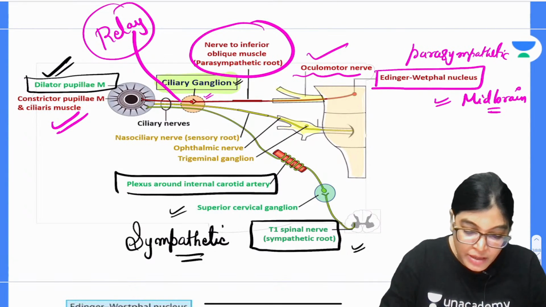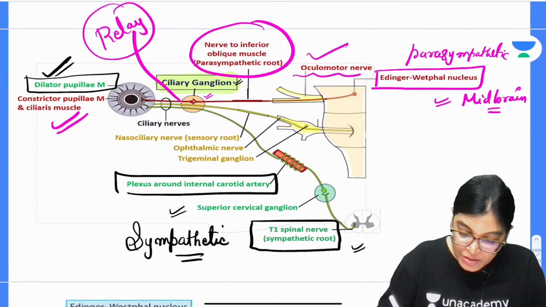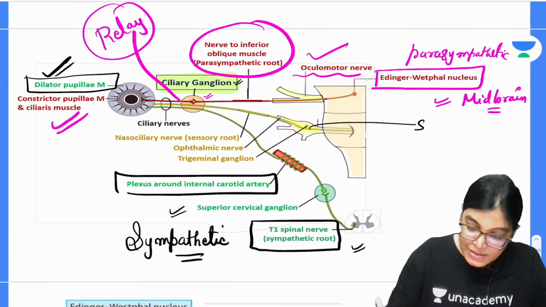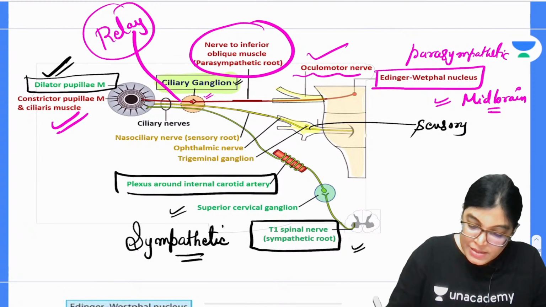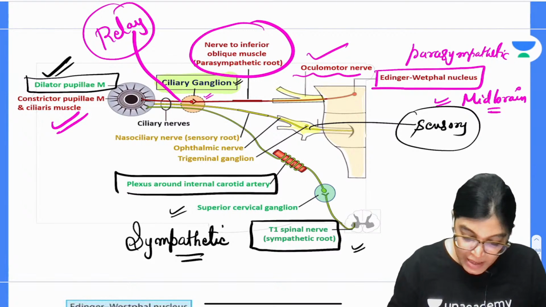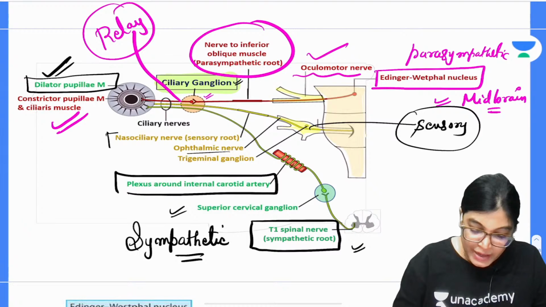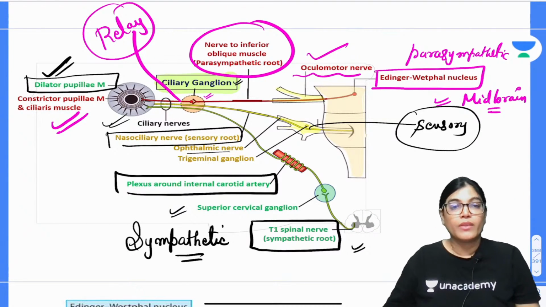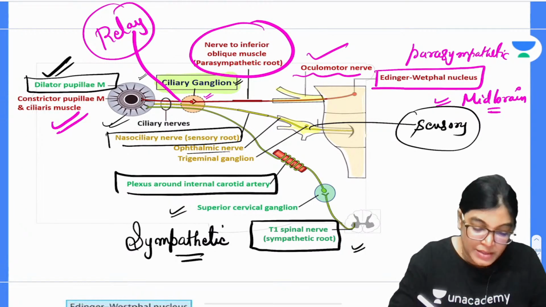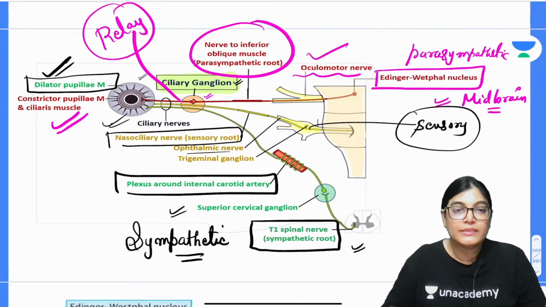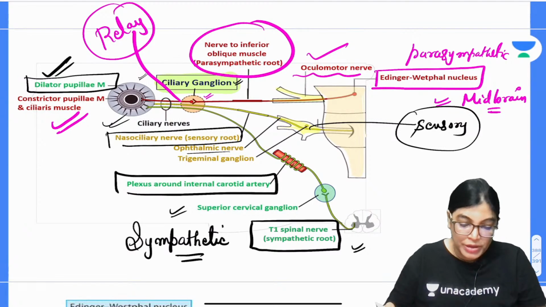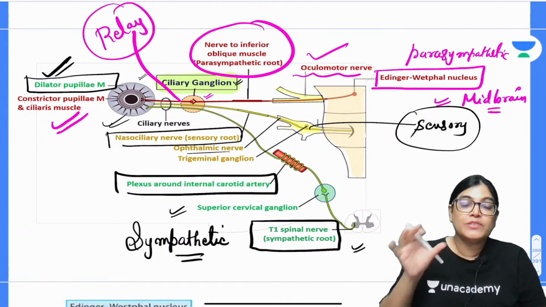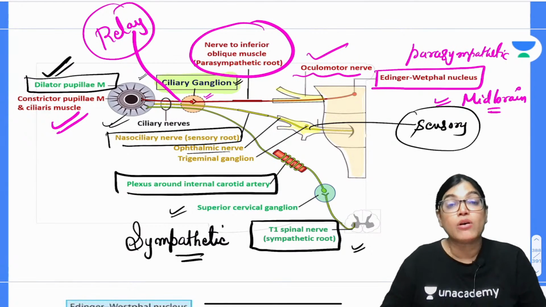Now, coming to the third one, that is the sensory. So, you can see here, this is the sensory root, and the sensory root is passing via ophthalmic, via nasociliary nerve, and then giving innervation to the eyeball via ciliary nerve. It is giving innervation, as you can see here, to the eyeball. So, this is the three roots, and this sensory fibers which is passing via nasociliary nerve is also not relaying